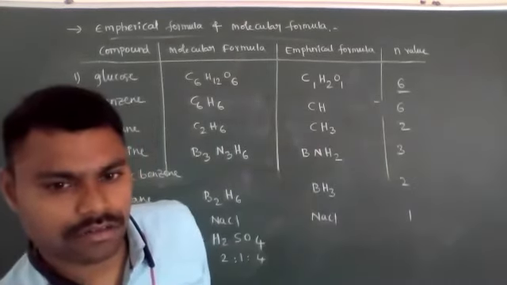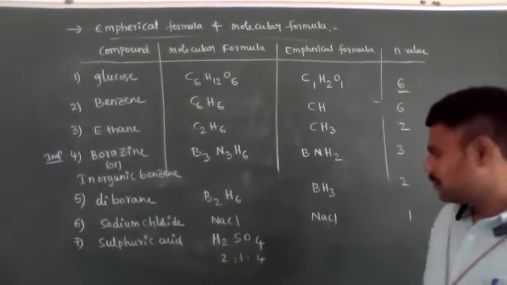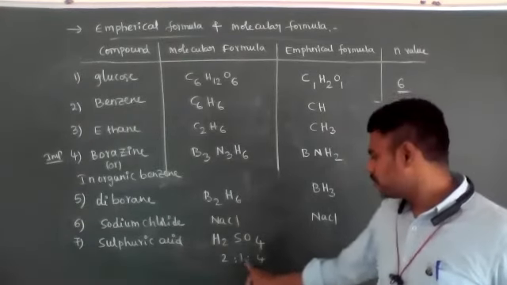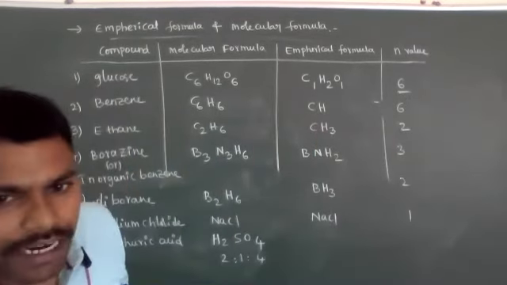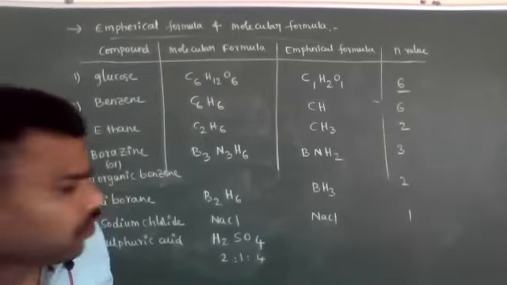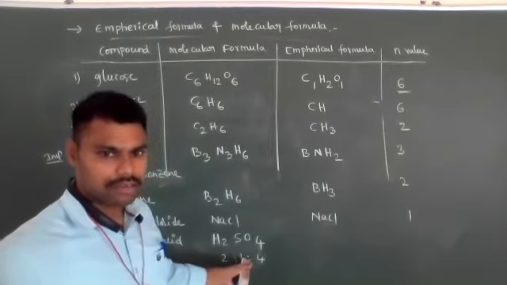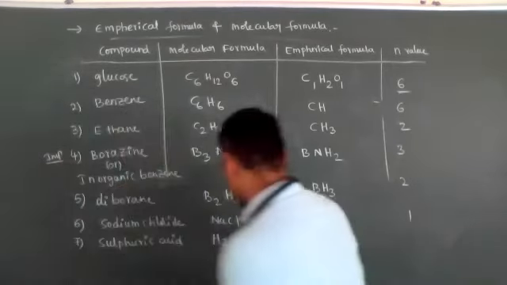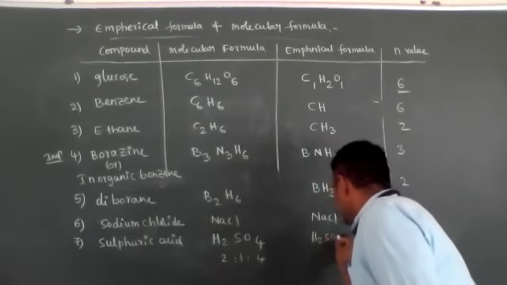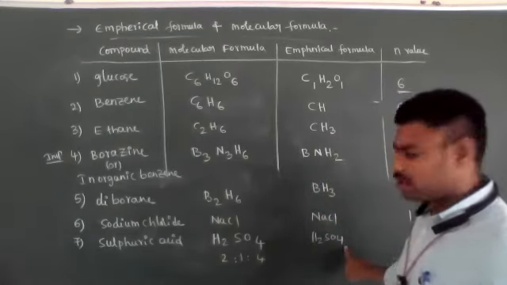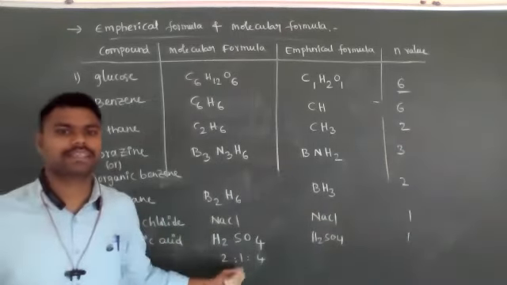I will tell you about fructose, don't worry. Now, what I am saying, you listen. H2SO4: tell me the empirical formula of sulfuric acid, 2 hydrogen atoms, 1 sulfur atom, 4 oxygen atoms. How are we getting n? Is it possible to divide by 2 without getting a fractional value? For H2SO4, n is equal to 1 only. The simplest ratio is 2:1:4 only. So the H2SO4 empirical formula is also the same. Then n is equal to 1, because 2:1:4 is already the simplest ratio.